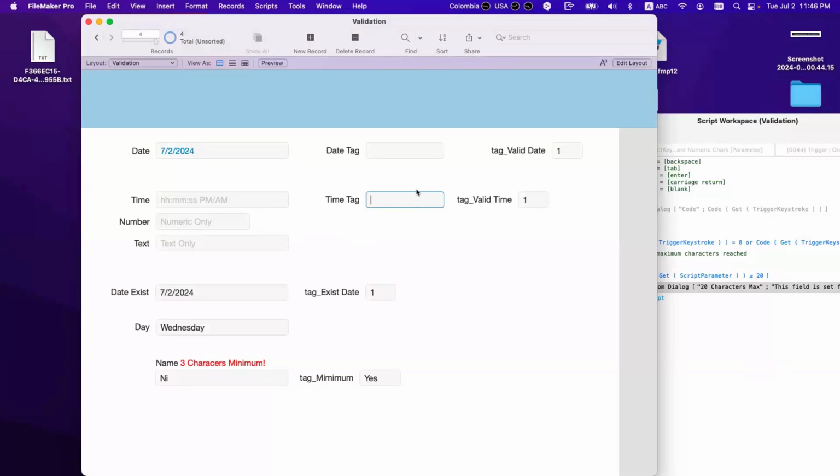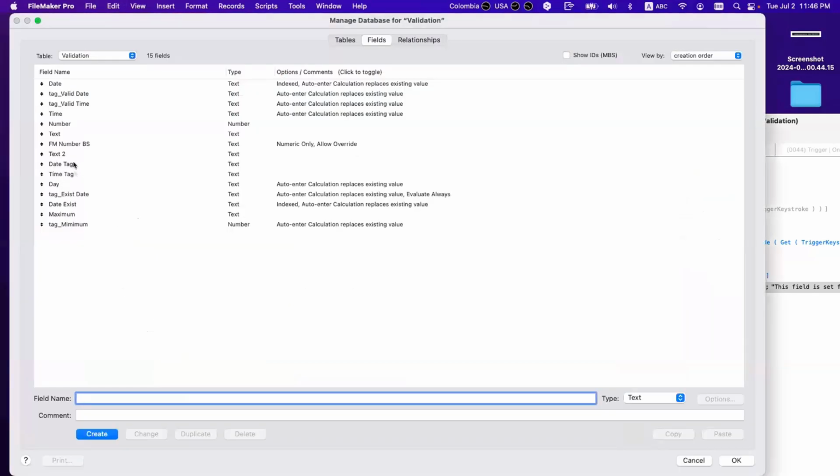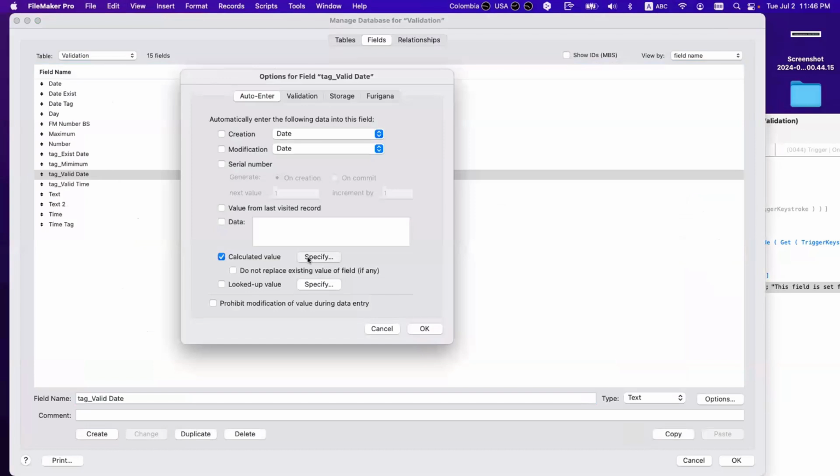So if I put a date here, let's put a date, easier. No, this is the time. Date. The date is valid. If I do this, it's empty. If I do this, the date is not valid. But if I do this, the date is valid. So the tag for the date valid is just this.